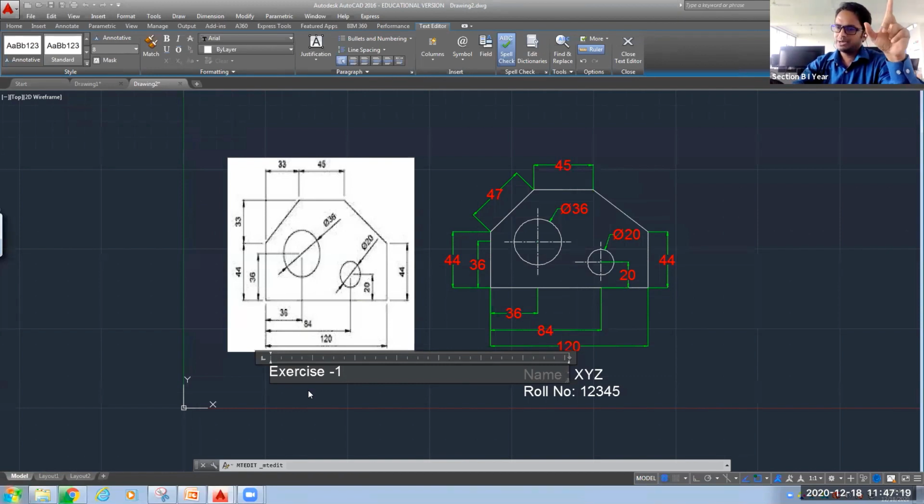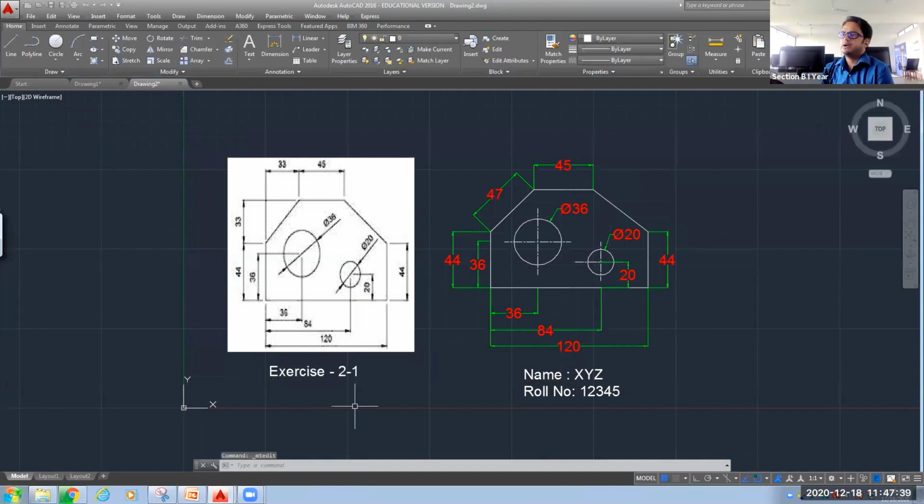So I'm giving the nomenclature that you can keep exercise 1-1. Here, suppose this is your second set of work. So I will keep exercise 2-1. Okay. Now click somewhere outside. So this is your exercise 2.1.